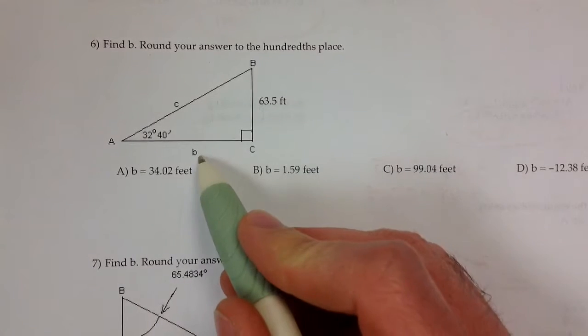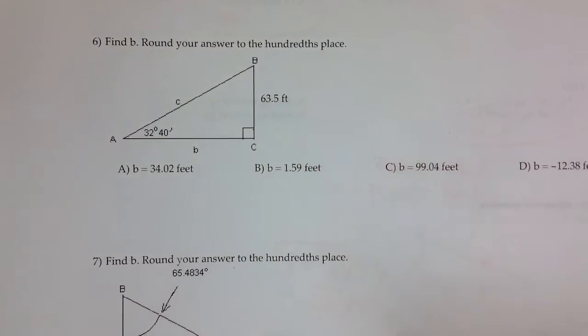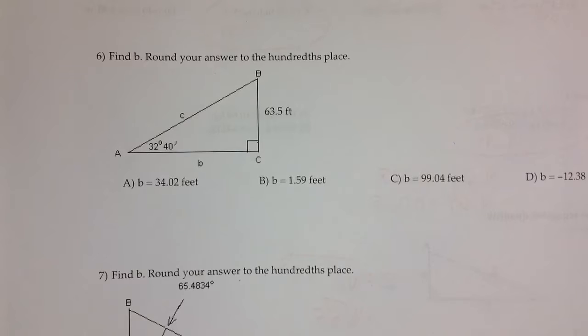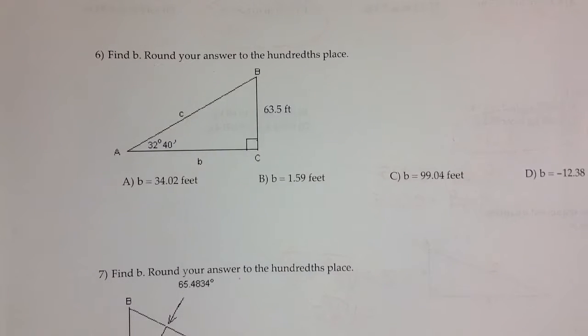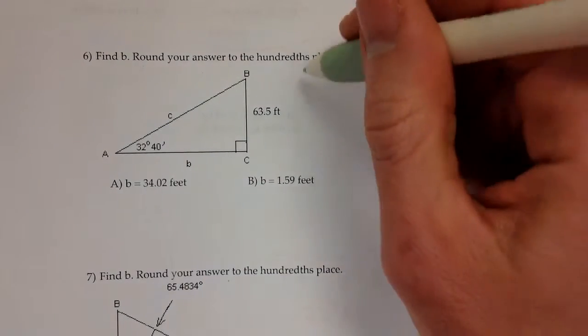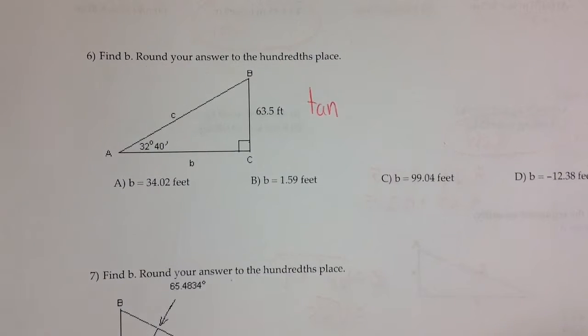So you're trying to find B and you know this side. We are not looking for the hypotenuse, so I wouldn't choose sine or cosine. Tangent. What do you think? Tangent. Okay, so tell me, tangent of